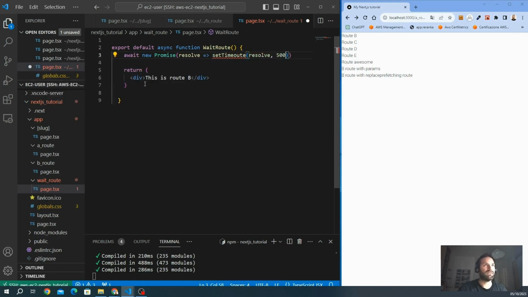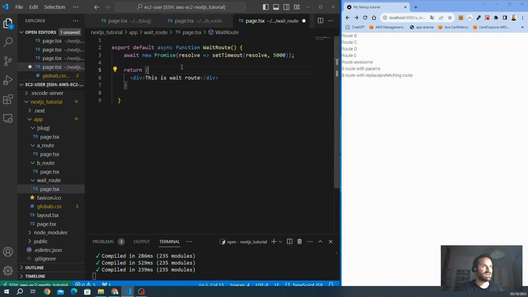So resolve and 5 seconds. Here we go. We create this pause, and we return this is route. For example,